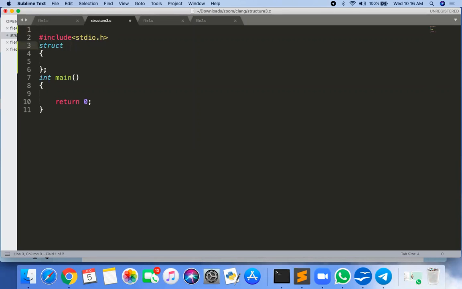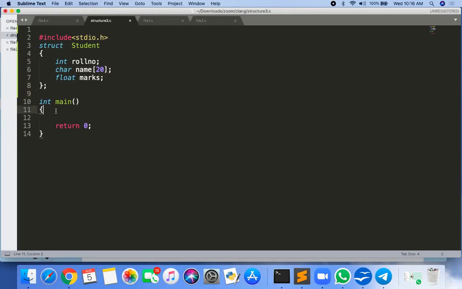Just a revision of how to create a structure. Use the keyword struct, then the name of the structure, then an opening curly bracket, a closing curly bracket, and the last one is a semicolon. The same structure we will follow: the first member is the roll number, second is the name of 20 bytes, and the next is the float marks. So a student contains the roll number, name, and marks, three pieces of information.